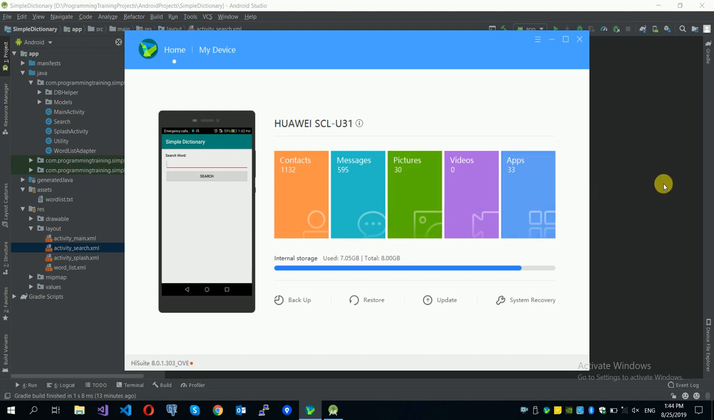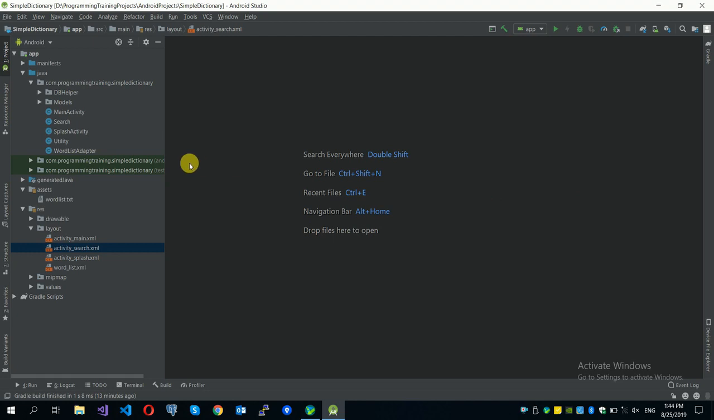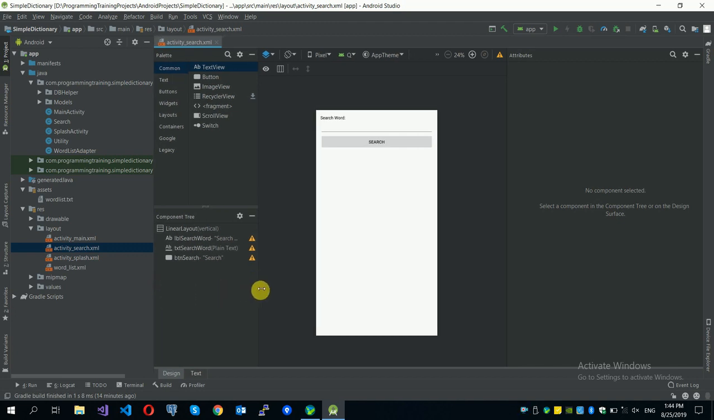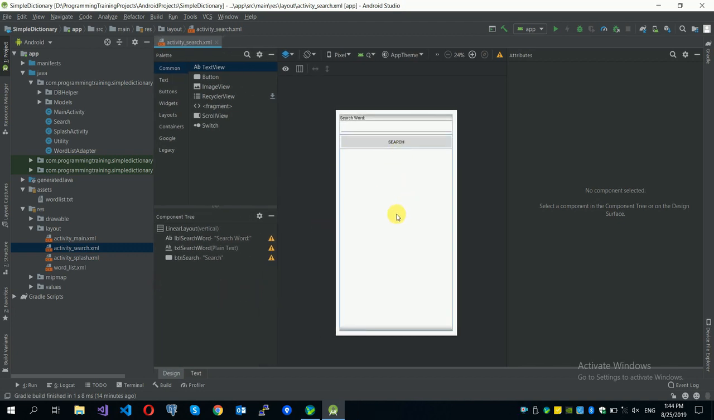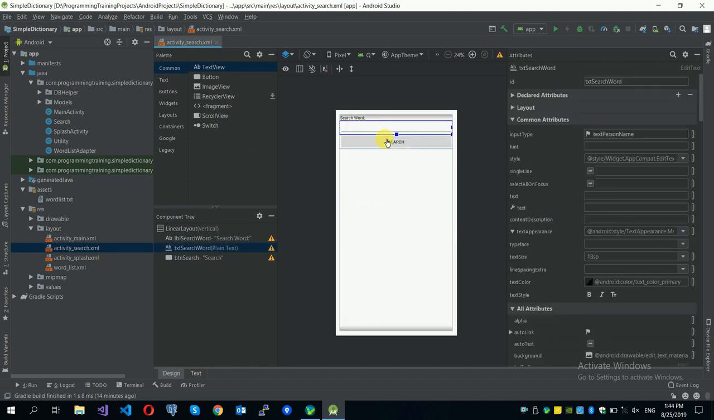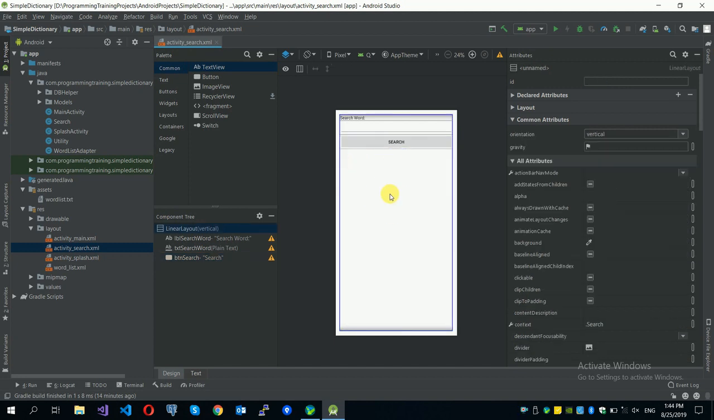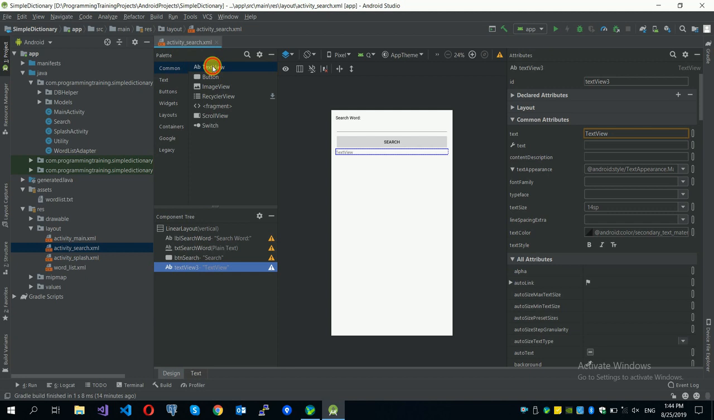Okay, so let's start with the layout first. Let's check if it's what we want. So let's modify this one a bit. This is what we implemented in the first or second video. So right now I think we need to modify it a little bit, so that when a user enters a word and clicks search, we need two text views here at the bottom to show the meanings. Okay, so let's add two text views,